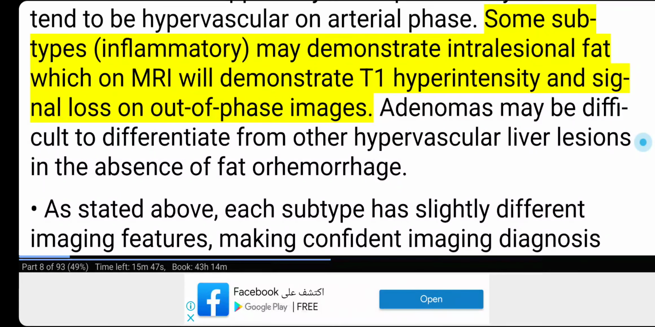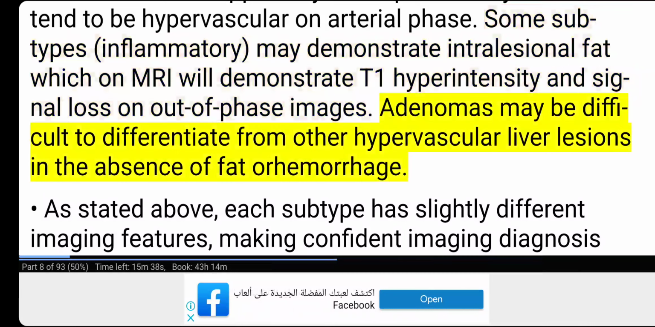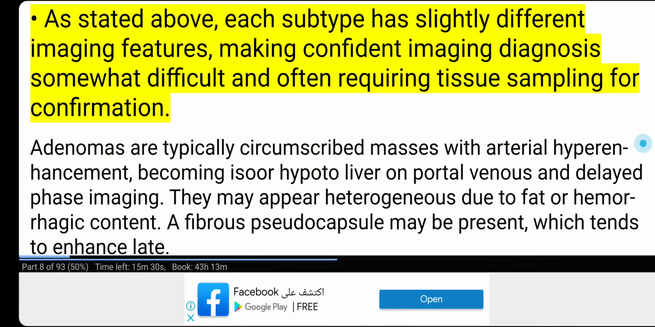Some subtypes, inflammatory, may demonstrate intralesional fat, which on MRI will demonstrate T1 hyperintensity and signal loss on out-of-phase images. Adenoma may be difficult to differentiate from other hypervascular liver lesions in the absence of fat or hemorrhage. As stated above, each subtype has slightly different imaging features, making confident imaging diagnosis somewhat difficult and often requiring tissue